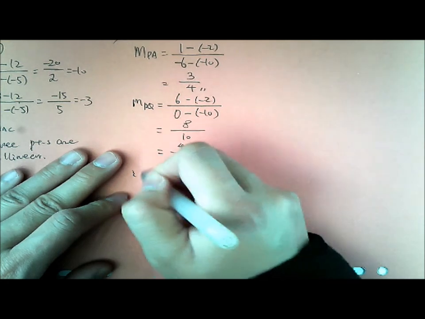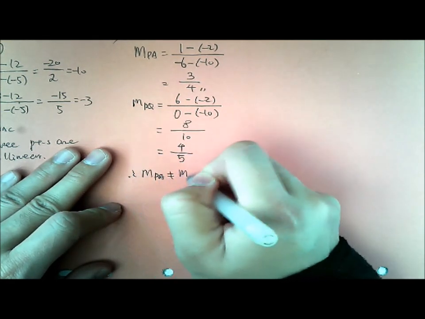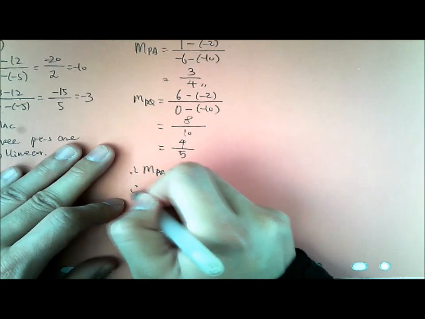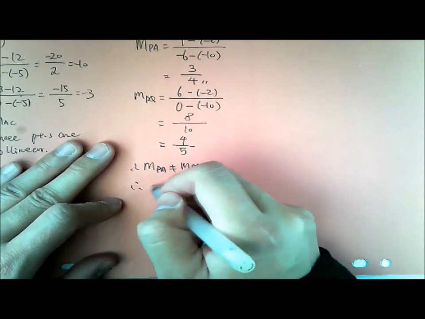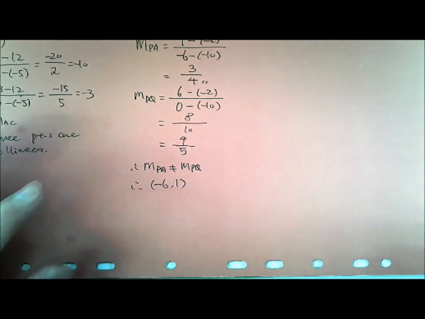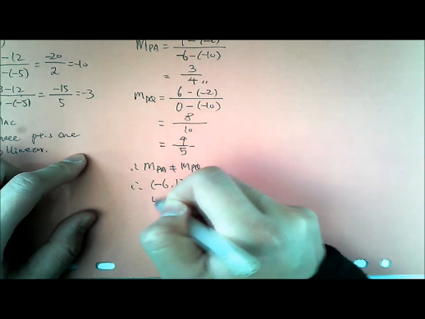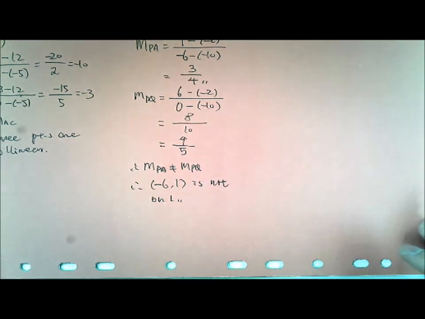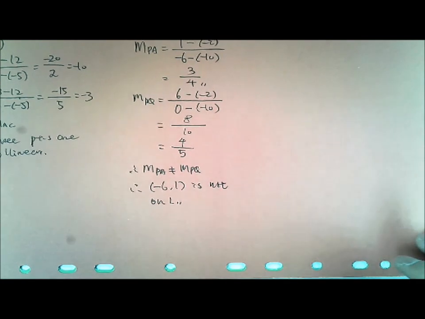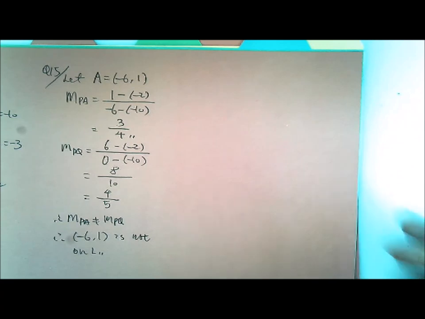So you can write MPA not equal to MPQ, right? So you can say, you're not going to say they are not collinear, but you say this point is not on L. Understand? Just use another words to explain. They are actually the same meaning. Understand? So this is 15,